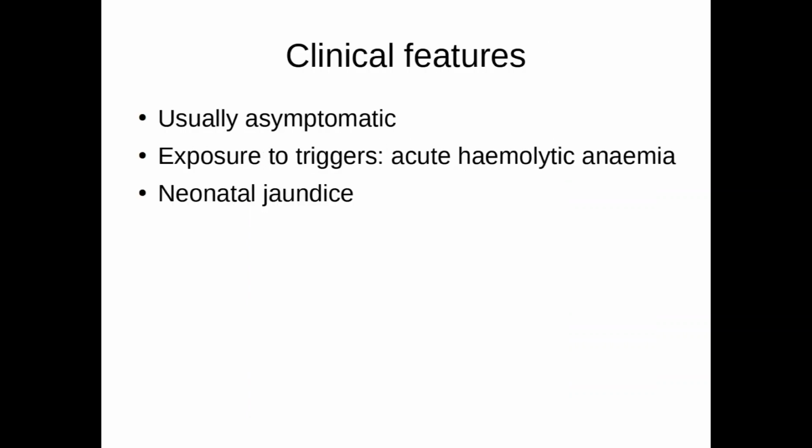The patients who have this G6PD deficiency generally do not exhibit any symptoms, unless they are exposed to one of those triggers we saw in the table in the previous slide. Once they are exposed to those triggers, there will be a sudden onset of hemolysis leading to anemia. If the deficiency of G6PD is very severe, it can exhibit at a very young age, soon after birth, and manifest as neonatal jaundice.